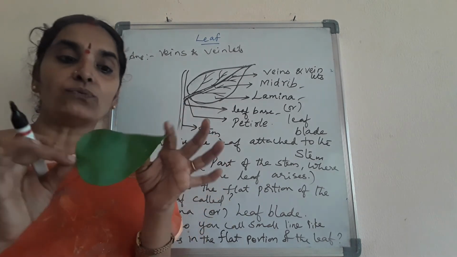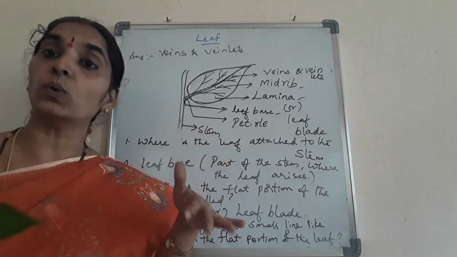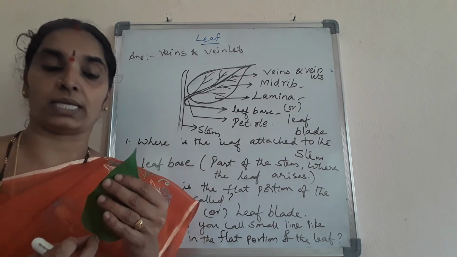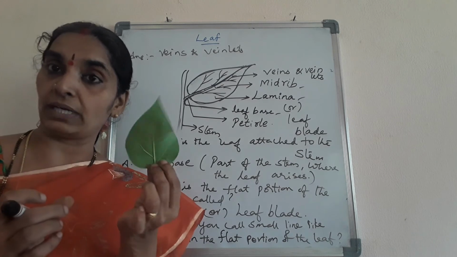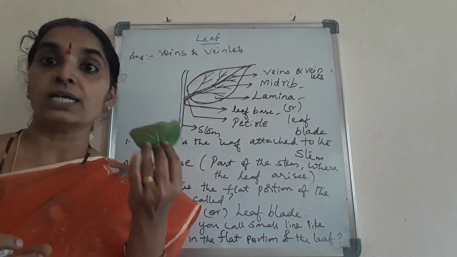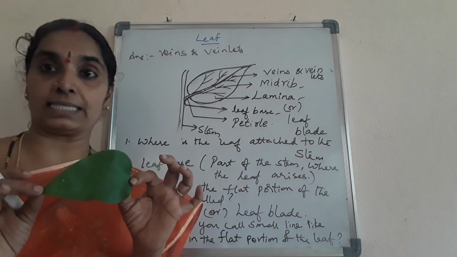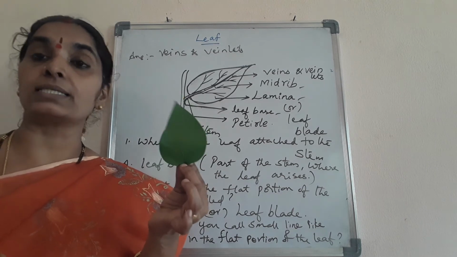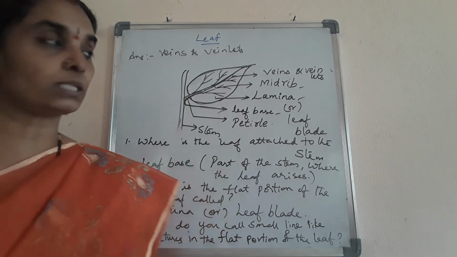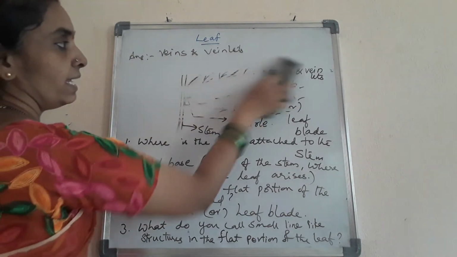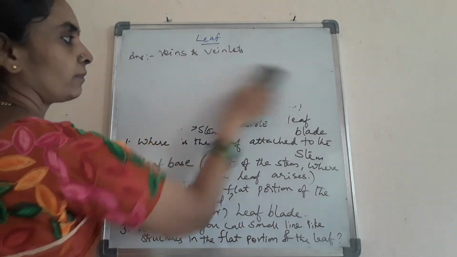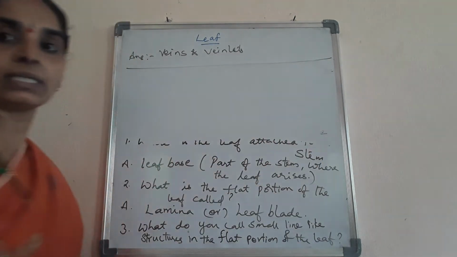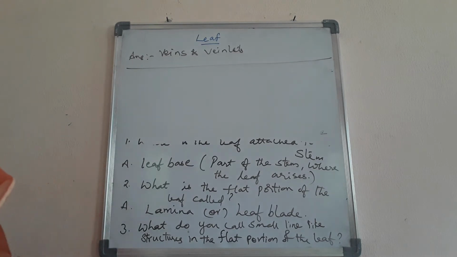veins and veinlets form the skeleton of the leaf, as we have the bones for our body to make our body stand erect and give the shape and support to our body. The veins and veinlets and the midrib give shape to the leaf. So it forms the skeleton of the leaf, we can say that. So the arrangement of veins and veinlets in the leaf is called venation. What is it called as, children? It's called venation. Once again, the arrangement, note it down up to here, children. The answers are completed. Now I'll tell you about the venation.